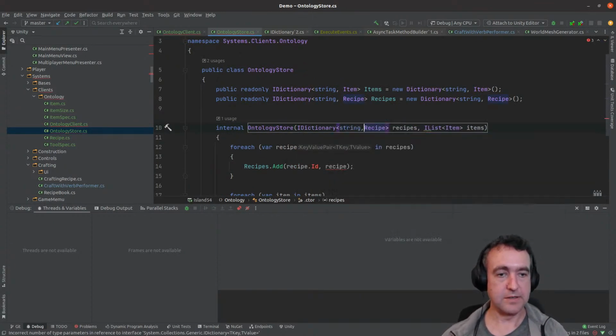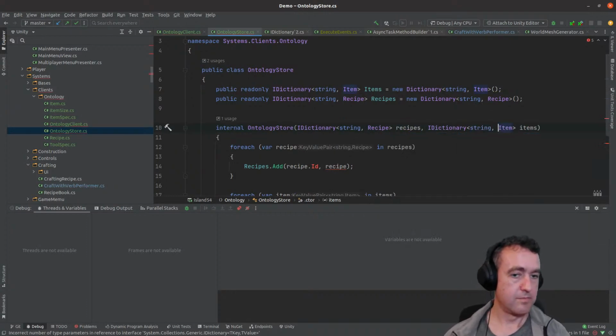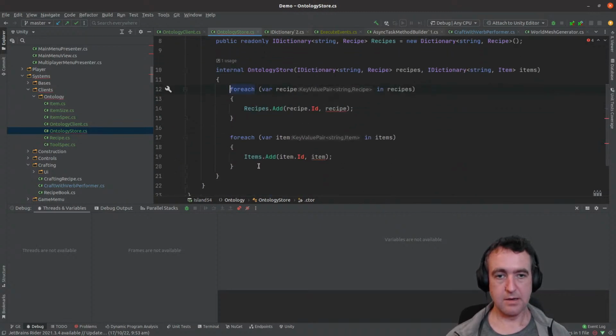Dictionary of string to recipe. Okay, and then